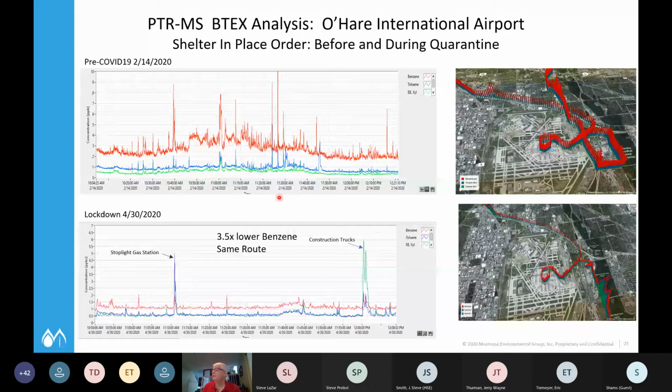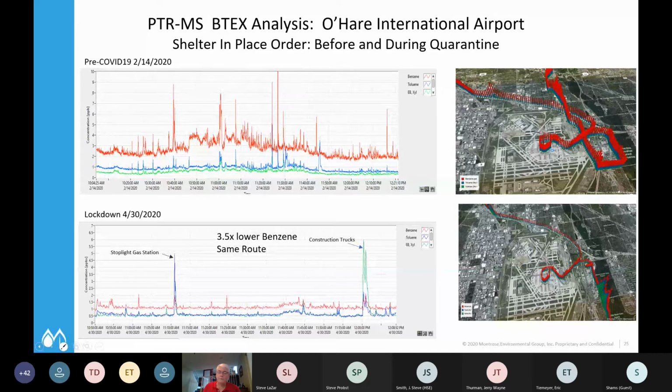But then during the lockdown, we wanted to see what effect this reduction in traffic really had on our roadway air quality. So this is that same testing across the same path again that we'd tested previously. And you can see a huge reduction in all of them, but specifically benzene. It's about 3.5 times lower than what we saw during normal rush hour conditions, which actually is a little concerning considering I drive in it every day. So, but we were quite happy with this and wanted to see, and this is kind of a more visual plot,